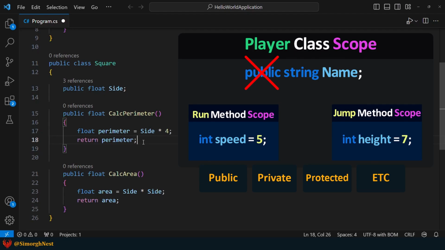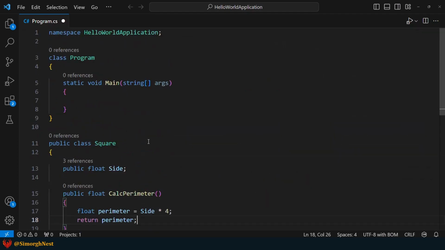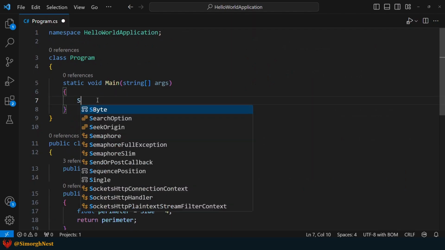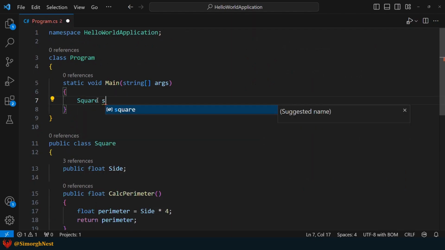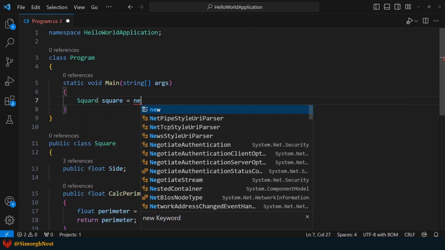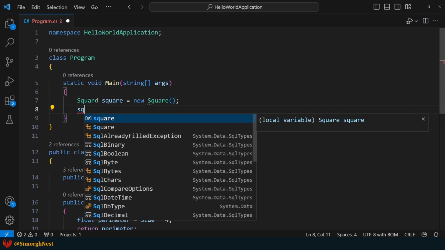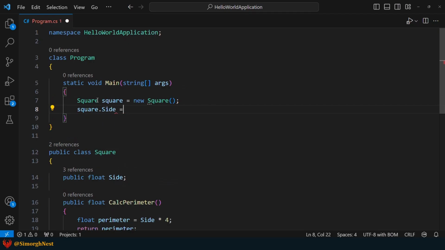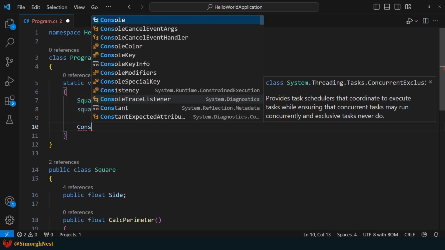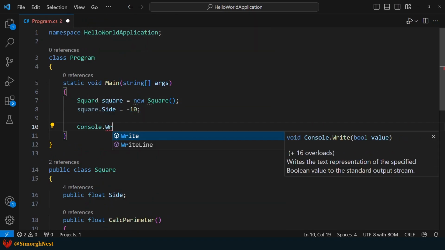Okay, let's show you why we should do this. For example, let's create an instance object using the Square class. Then, let's set the side field to -10. Now, let's print the side, area, and perimeter of this square object.